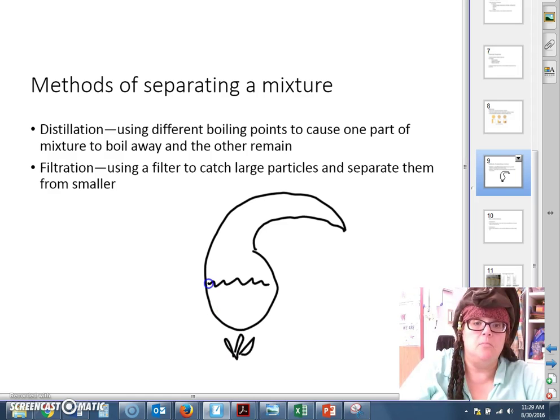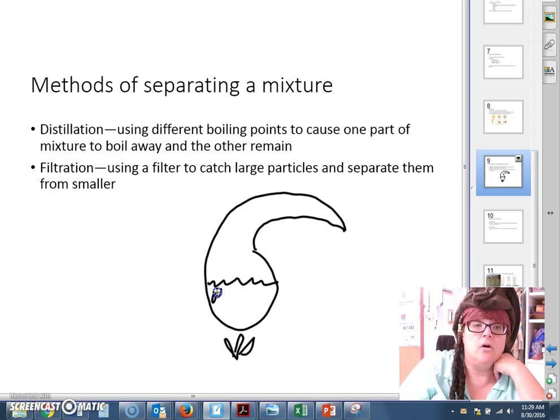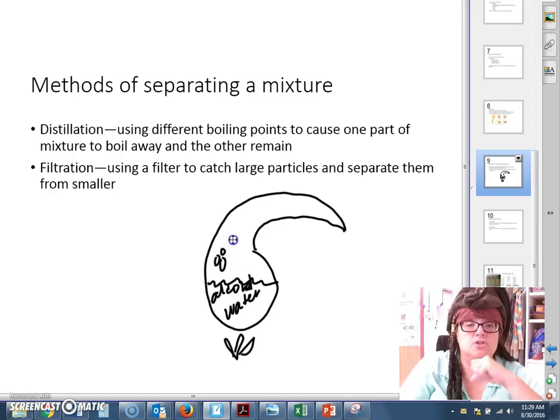If you were making moonshine, you would take whatever your grain was and you would add yeast to it. And the yeast would eat all the sugar in there and it would pee out the alcohol. Okay, so if you have a mixture of alcohol and water, as you begin to heat the mixture, the alcohol has a lower boiling point, so the alcohol will boil off first.